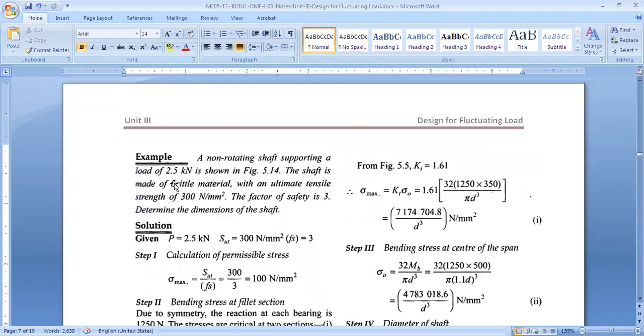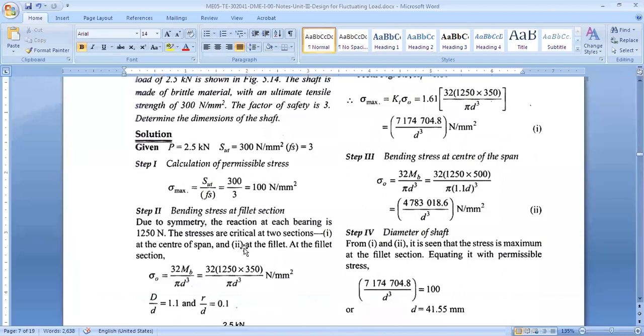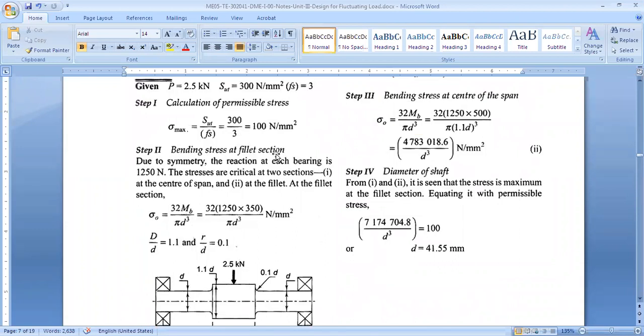Now the shaft has a load of 2.5 kilonewton. The shaft is made of a material for which they have given the ultimate strength SUT. Once we know SUT, with a factor of safety we get the allowable sigma, and multiplied by 0.5 you will get allowable tau. So strength divided by factor of safety: 100 will be your sigma max, as shown here also. Allowable stress sigma is now 300 upon 3, which is 100 Newton per mm square. So this is the allowable stress in your shaft anywhere, larger part or smaller part, 100 Newton per mm square.